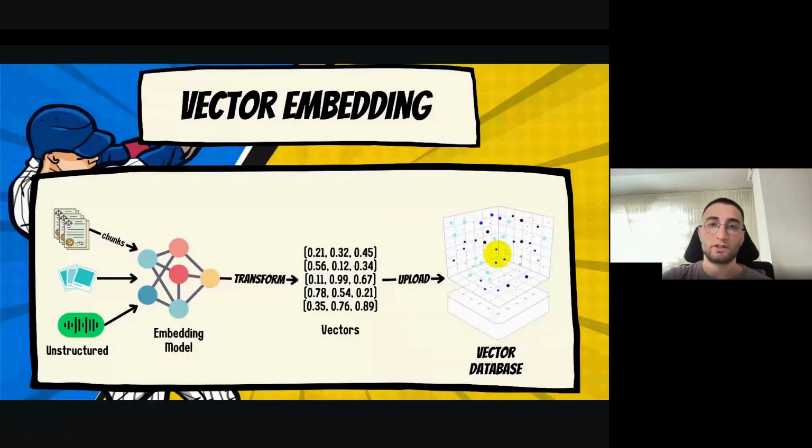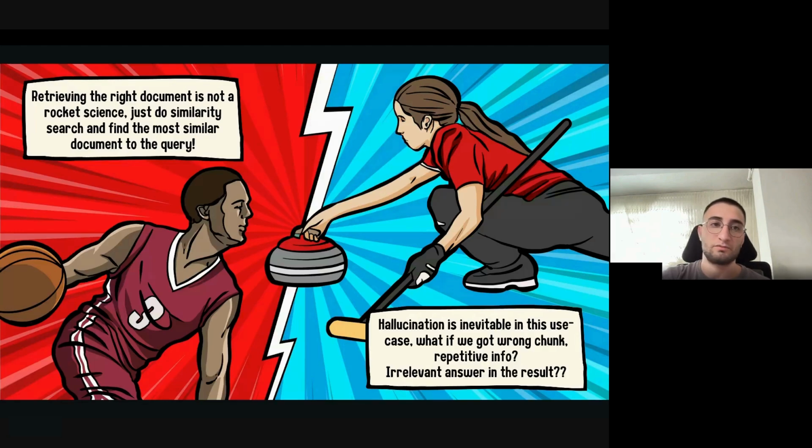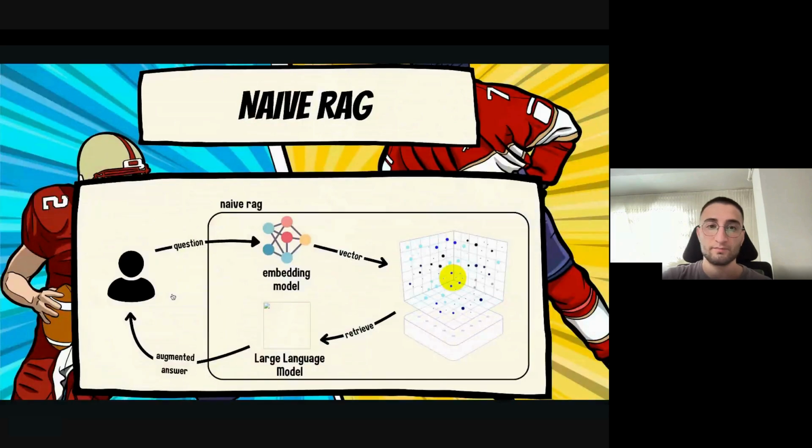So we talked about vector embeddings, we talked about retrieving the right document being the key, and while retrieving the right document, you are doing a similarity search and getting the closest document from the vector database. So in the naive RAG use case, your user just asks a question, and you put this question into an embedding model to transform it into a vector.